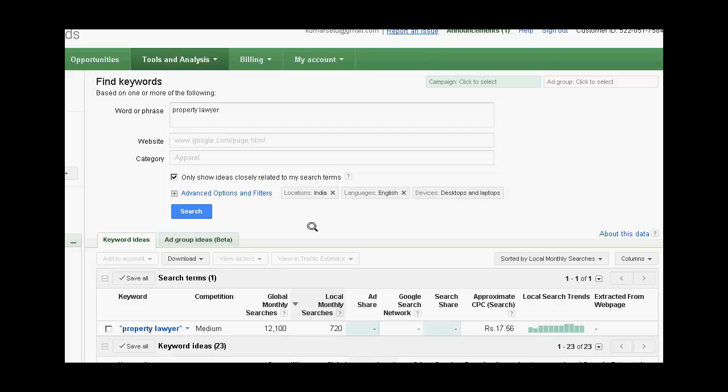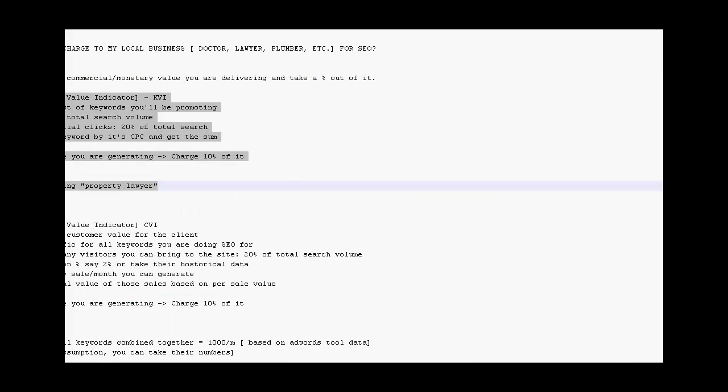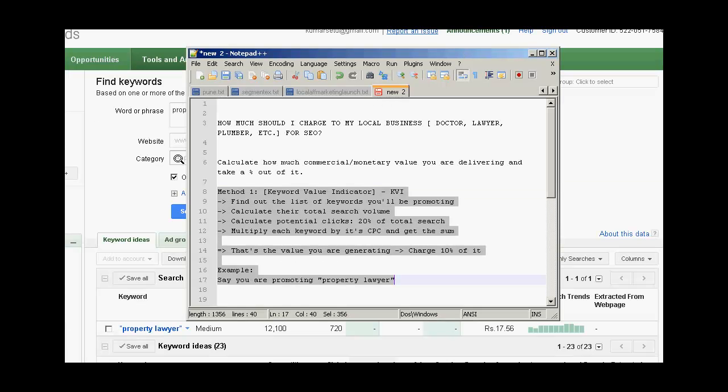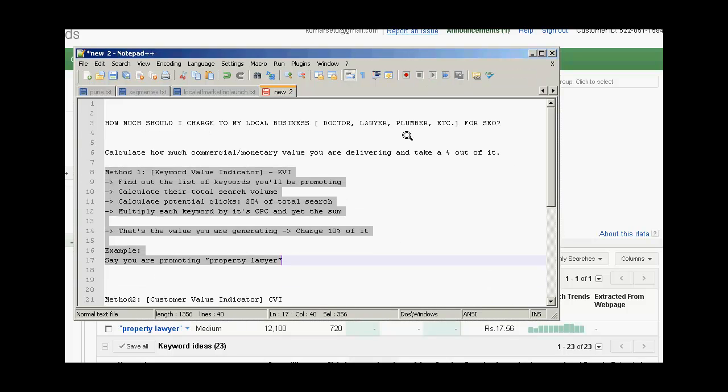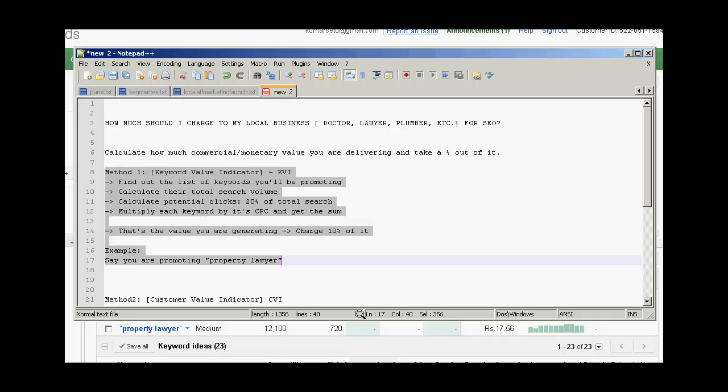So the one thing is, never charge based on what the keyword is or how much the competition is. Base it on how much value you're generating for your clients. So let me open up the presentation where I'll give you the complete detail. Okay, so